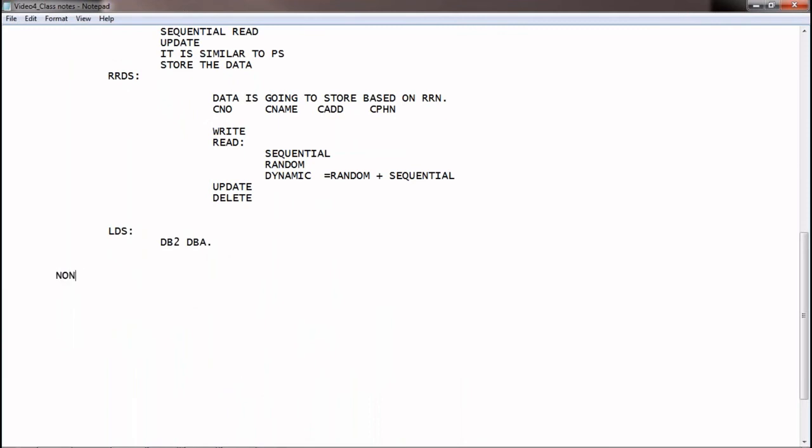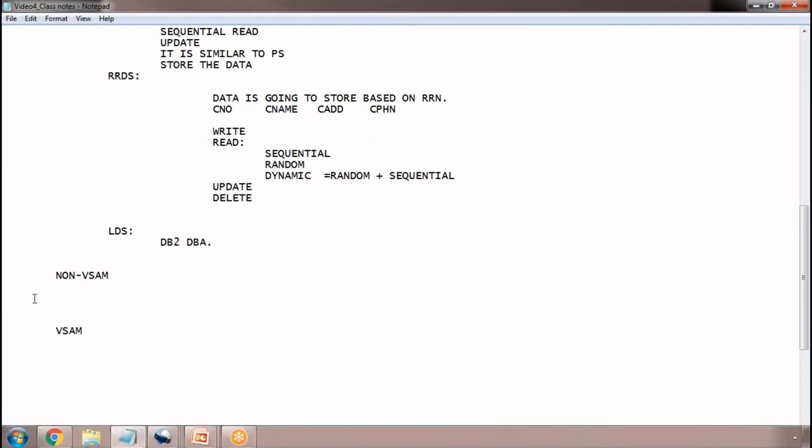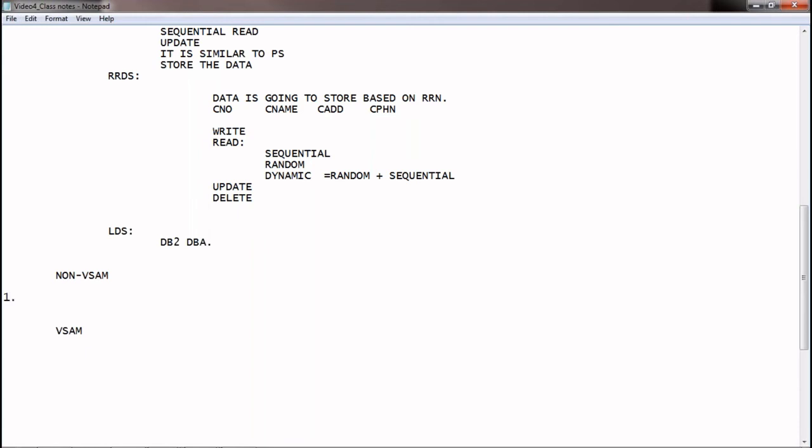Now I will give the major difference points between non-VSAM and VSAM. I'll list them one by one. In non-VSAM, first, we can do only sequential read. Second, the dataset can be stored on DASD, direct access storage device, or tape.